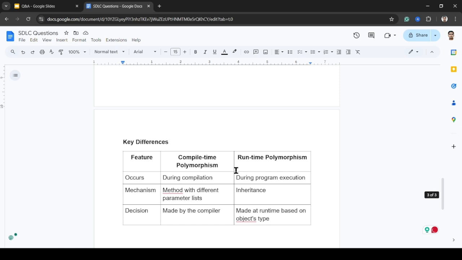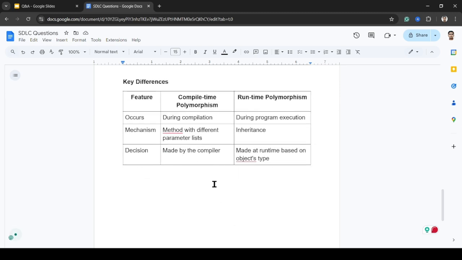Let's understand the key differences between the runtime polymorphism and the compile time polymorphism. Compile time polymorphism occurs during the compilation, and the runtime polymorphism occurs during the execution of the program.